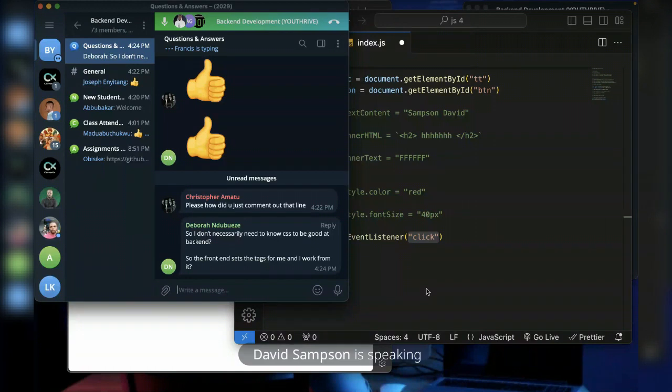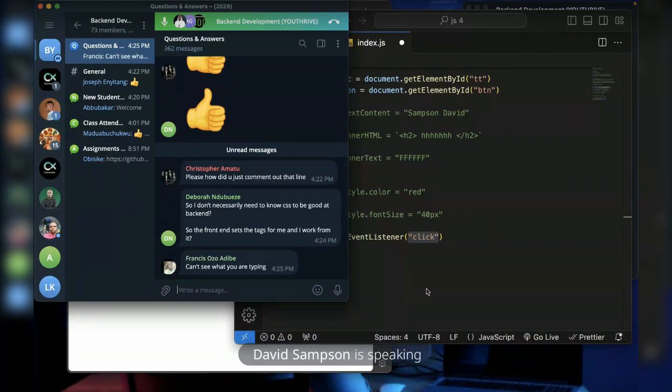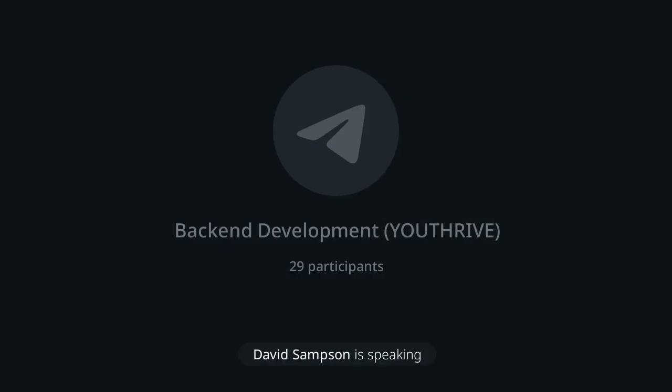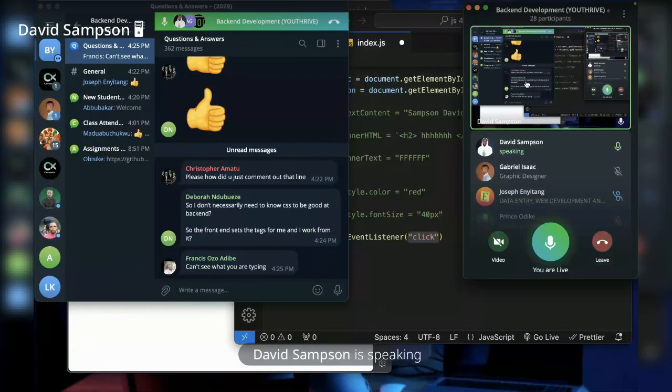Okay, now I would say you don't necessarily need to be good with CSS to be good with backend. But for this program, it is required that the little CSS that we will do, we're not going to do so much CSS, it is important that you know it and understand it.